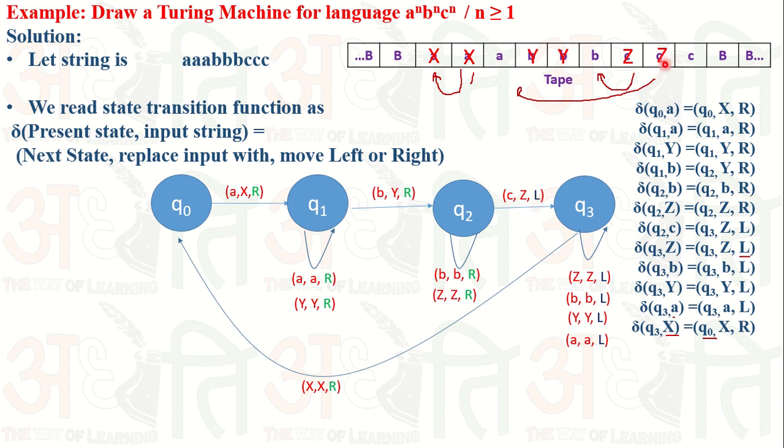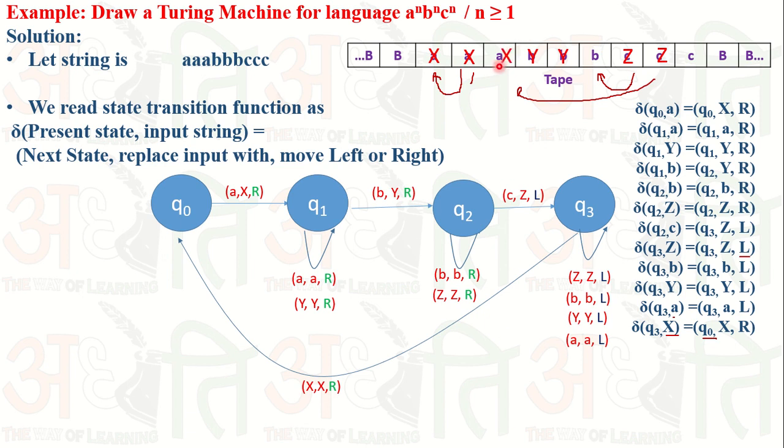Now in this state we need to go back. While going back, we have to skip Z, remaining in the same state. We skip B, we skip B. We skip Y, replacing Y with Y. When we skip, it means the same symbol is replaced with the same symbol. And A, we are replacing A with A. Now again we find the X. When we find the X, we again move right. If we are having an A, we simply mark A as X.